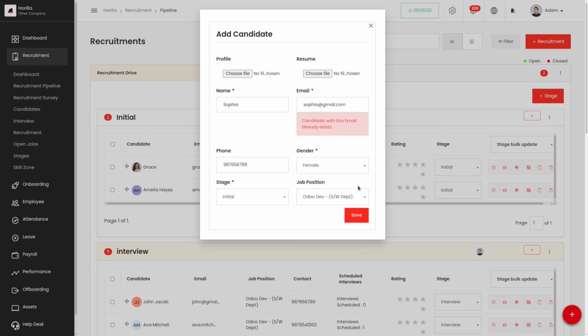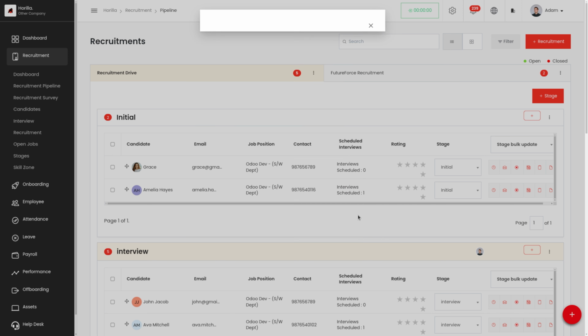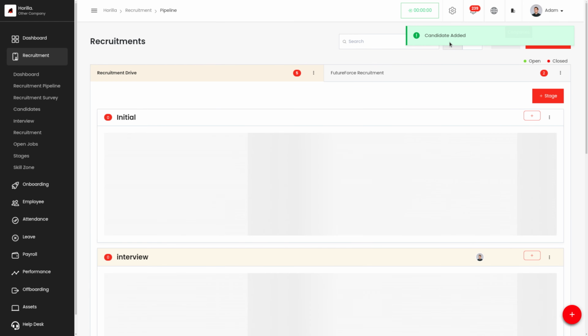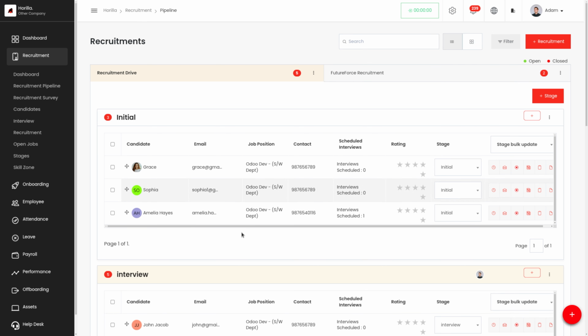Now when we try to save that, we can see that the candidate is added without uploading the profile image and the resume, since we have kept the optional attachment as on. So this is how we'll be able to manage the optional candidate attachment functionality in Horilla.